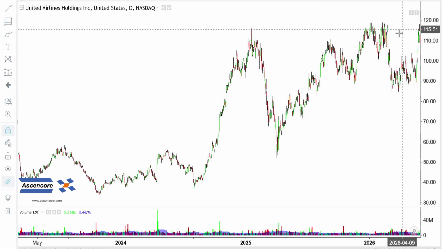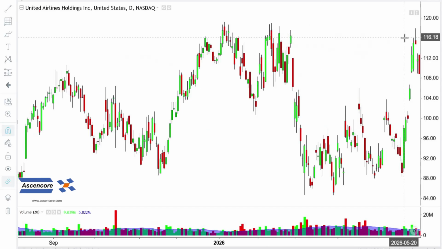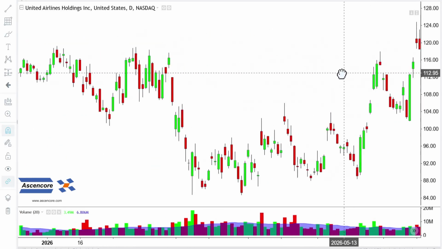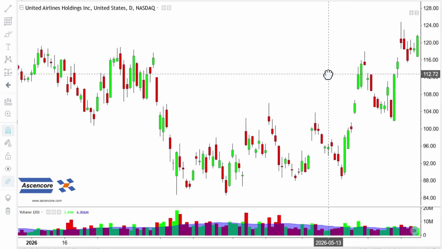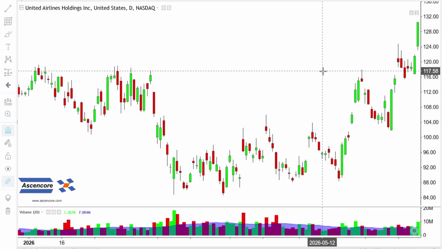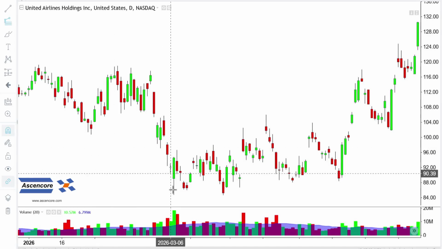Here are some real stock chart examples of Fibonacci tools applied in combination. This first case study begins with price rebounding back to historic highs, where it naturally retraces and stalls, but eventually breaks higher in spectacular fashion. In such a scenario, one of the first Fibonacci tools up for consideration would be the trend-based Fibonacci extension, which